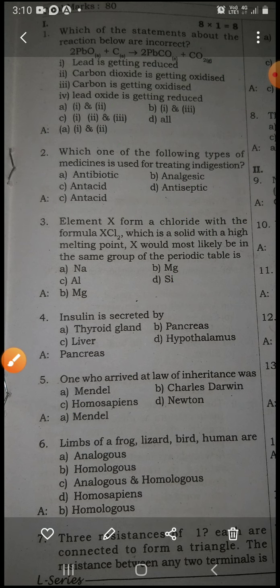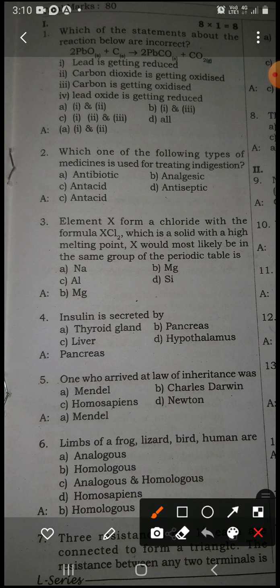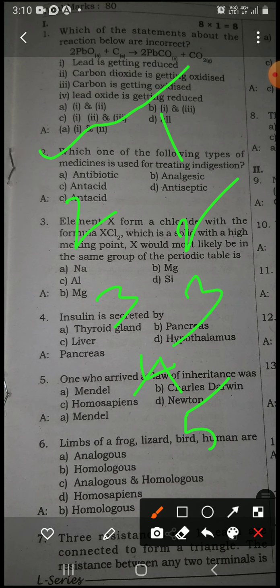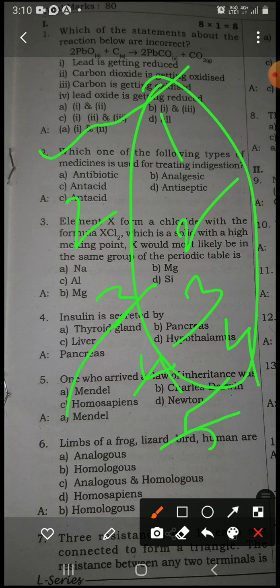Wrong in the sense you won't get any marks, complete 0 marks. Clear? This is also a very important thing to keep in your mind, because just imagine that in 2 mark, 3 mark, 4 mark and 5 mark questions, if you write something and the answer is not completely what we expect, we may give you 1 mark. For 3 marks, if the answer is half, I can give you 2 marks. For 4 marks, if the answer is not sufficient, I can give you 3 marks, and for 5 marks I can give you 4 marks. Like that the marks can be allotted by the teachers when they go for the evaluation.